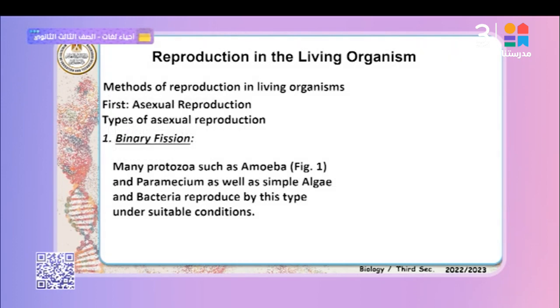Okay? Reproduction is the vital process carried out by living organisms to ensure their continuity, to keep them from extinction. Reproduction is divided into asexual reproduction and sexual reproduction. Asexual reproduction depends on mitotic divisions. Sexual reproduction depends on meiotic divisions. Sexual reproduction needs time to reach puberty, but asexual reproduction doesn't need time to reach puberty. Sexual reproduction consumes a large amount of energy, but asexual reproduction doesn't consume a large amount